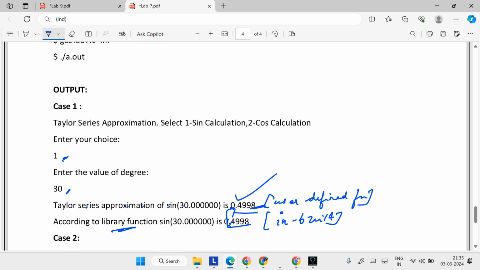Similarly, for cos x, first term is 1, so numerator is 1, denominator is 1. Then you go on finding the other values. I hope this program helps. Execute the code, then only you will be able to understand the code better. All the best.